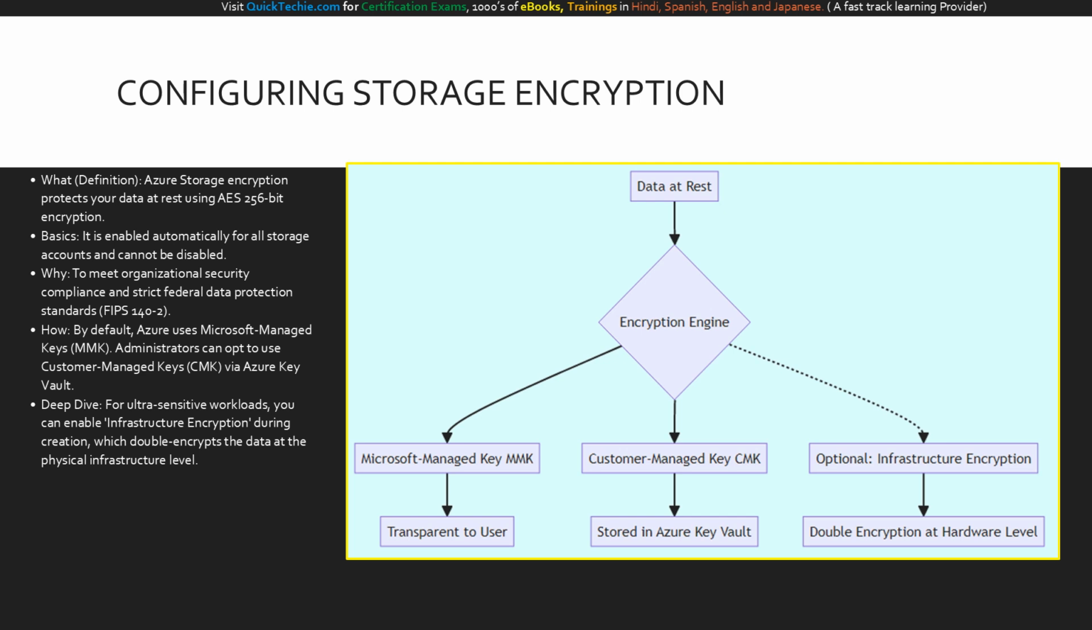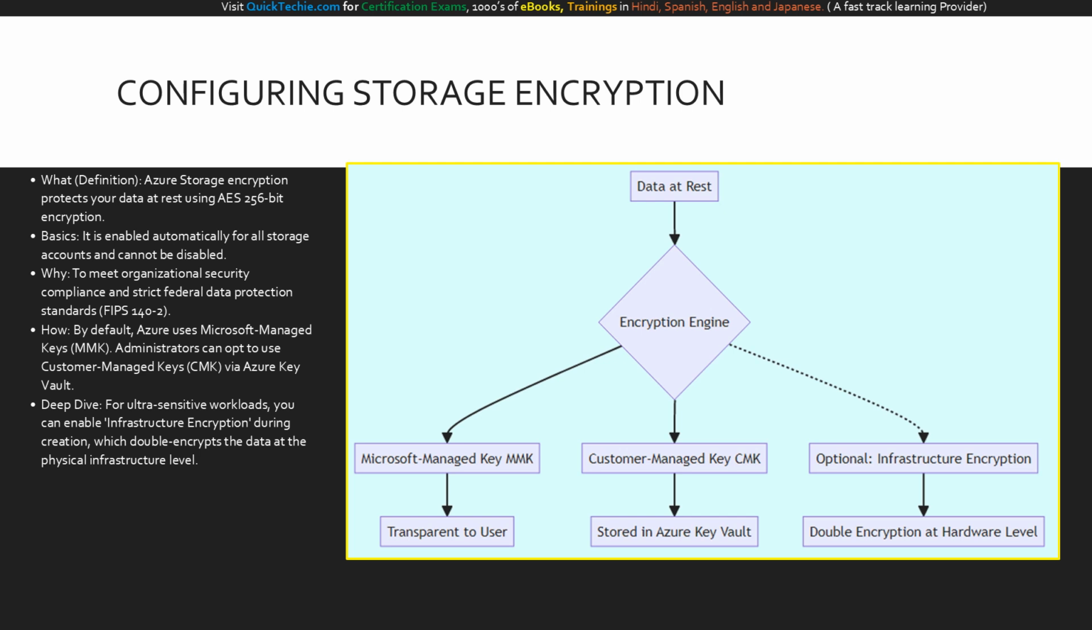Our final flowchart visualizes the encryption pathways. Your data at rest enters the Azure encryption engine. From there, it follows one of two primary key management paths: the default Microsoft managed key, which is completely transparent to you, or the customer managed key, which gives you control by storing the keys inside your own Azure Key